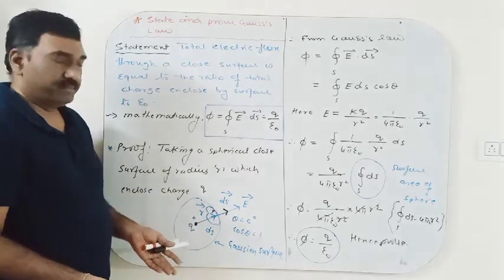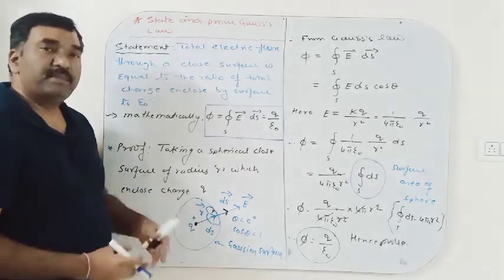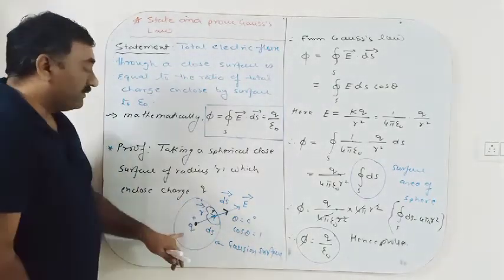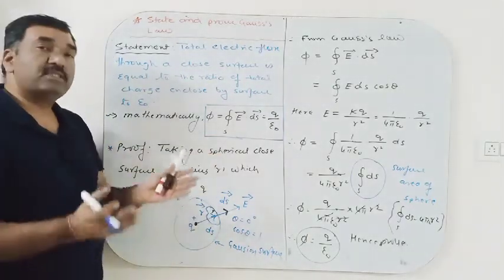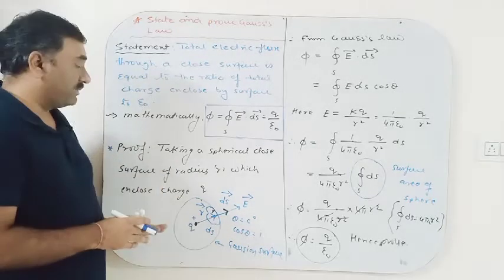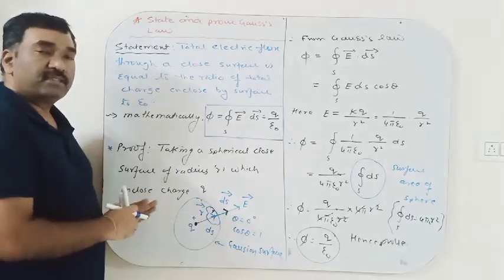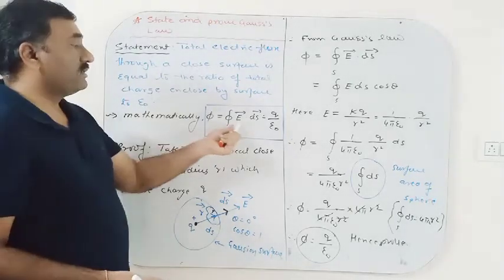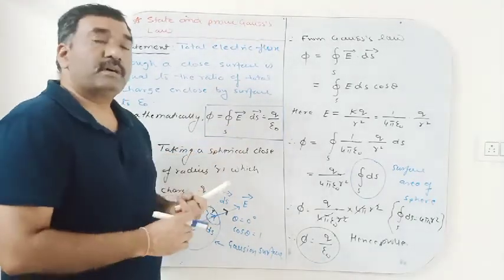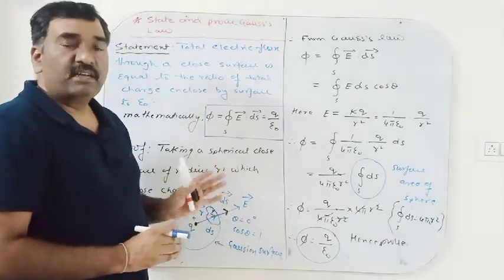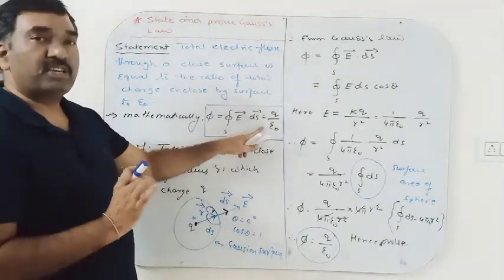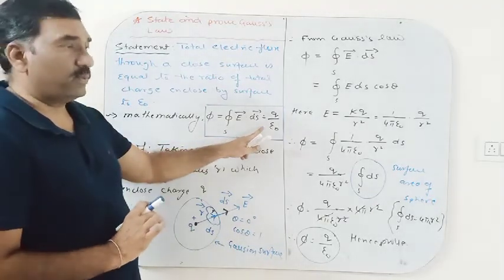It is not required to be spherical; it may be spherical, it may be cylindrical, but it should be a closed surface. Then we only have to consider q, which is the charge enclosed by the surface. Sometimes charge is present outside the surface; we don't have to consider that charge. The electric field on the left side is due to both the charges outside and inside, but q is the total charge enclosed by the Gaussian surface only.